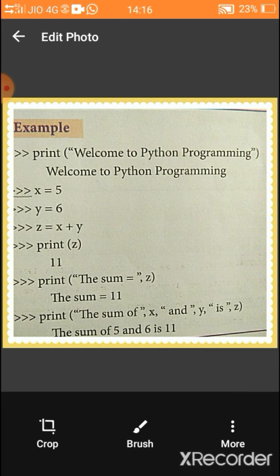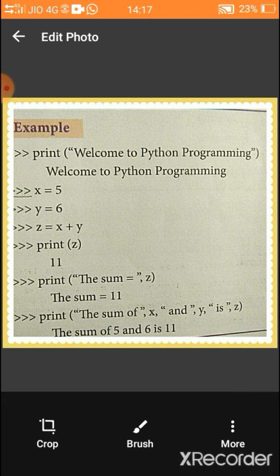So 5 will be printed. Then a comma, and within double quotes we have given and, so it will print and. Then put a comma, y. Without the double quotes, the value will be printed. So what is the value of y? 6. 6 will be printed.